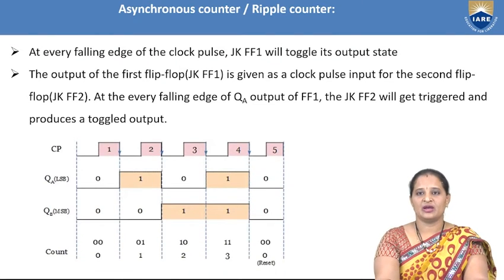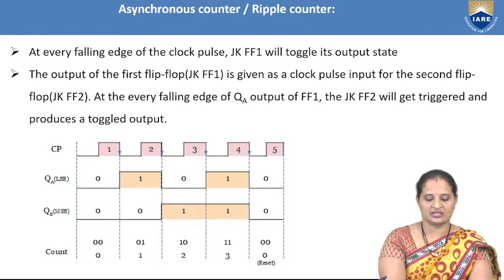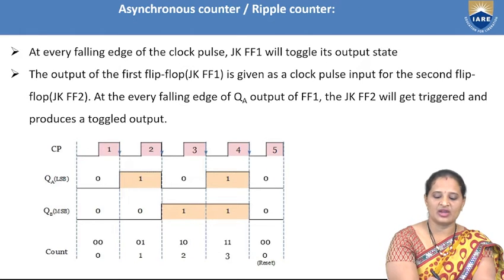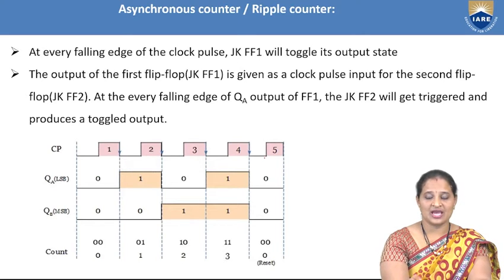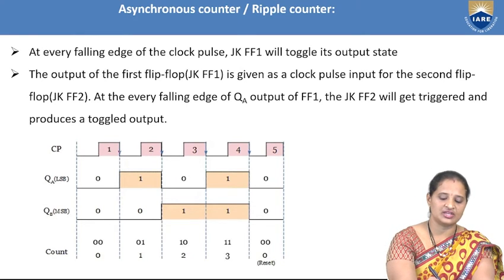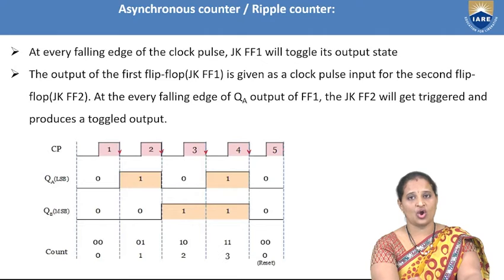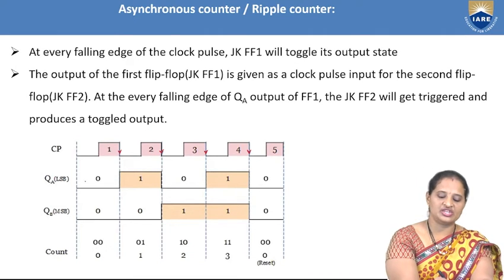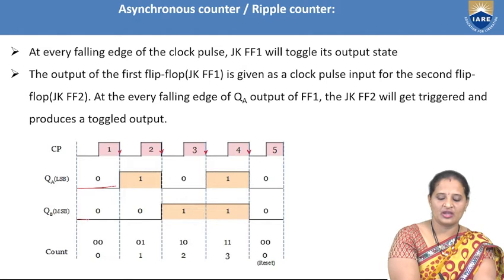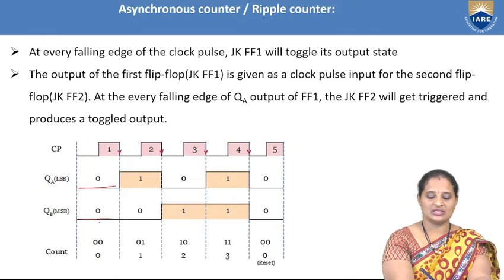So now this is the timing diagram of this 2-bit synchronous counter. Initially we are considering the clock pulses. Okay, so these are the clock pulses. As I told you, we are considering the flip-flops to be negative edge triggered flip-flops. So I'm considering the negative edge of the clock, where the clock is changing from 1 to 0. Initially, as I told you, the flip-flops are cleared. So that means both the outputs of the flip-flops are 0 and 0.